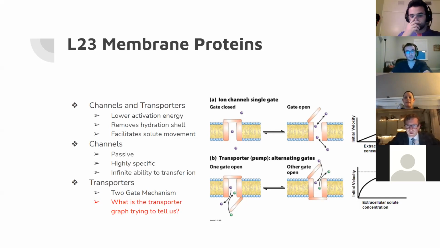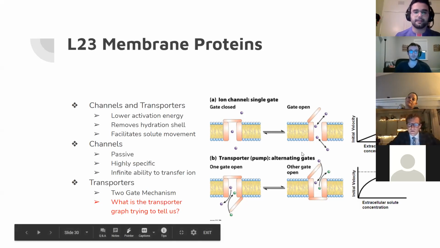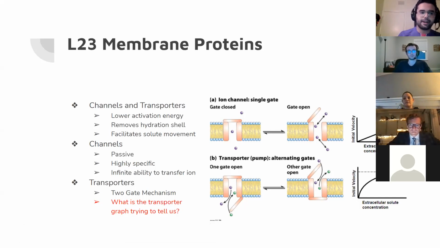So is that graph not necessarily for a long time? It's sort of the velocity graph for one unit coming across. For the top one, it just flows through, but for the bottom one, it comes in and slows down, and then it goes. Yeah, I think the graph for the transporter or the pump here is a better illustration of what's happening. The ion channel is just straight up a trapdoor. Everything flows through as much as it needs to until it reaches equilibrium.